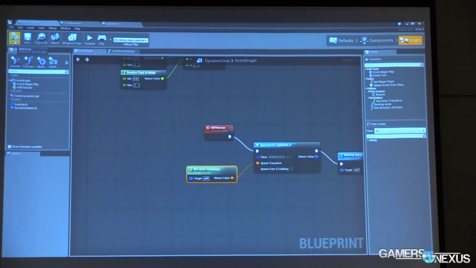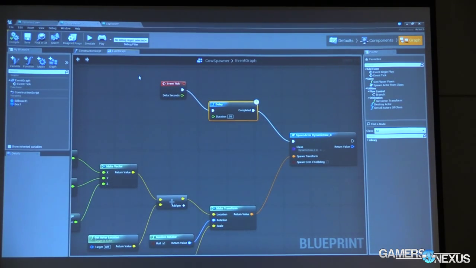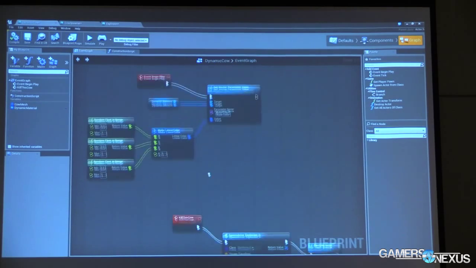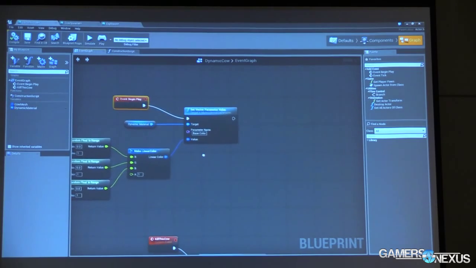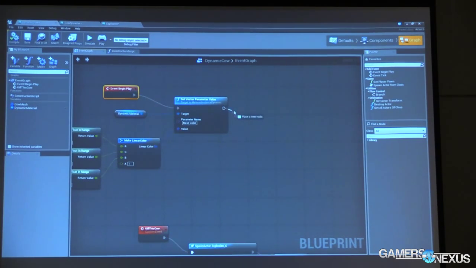Now, we have just a little bit of work left to do, and plenty of time in which to do it. I want this to be, well, I guess there's a couple different ways we can do it. Let's do it the simple way first, just for sake of ease. Notice here, on event begin play, we choose our random color and everything. Let's give a delay. Let's say after, how long before we start blowing these up? 2 seconds? 3 seconds? Let's let them pile up for a bit, so let's say 5 seconds. So say after a 5-second delay,